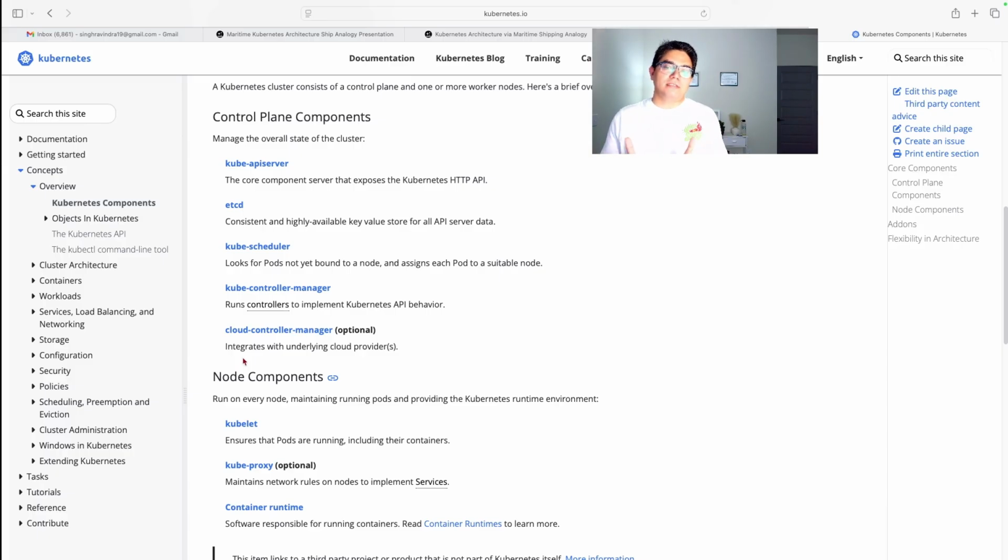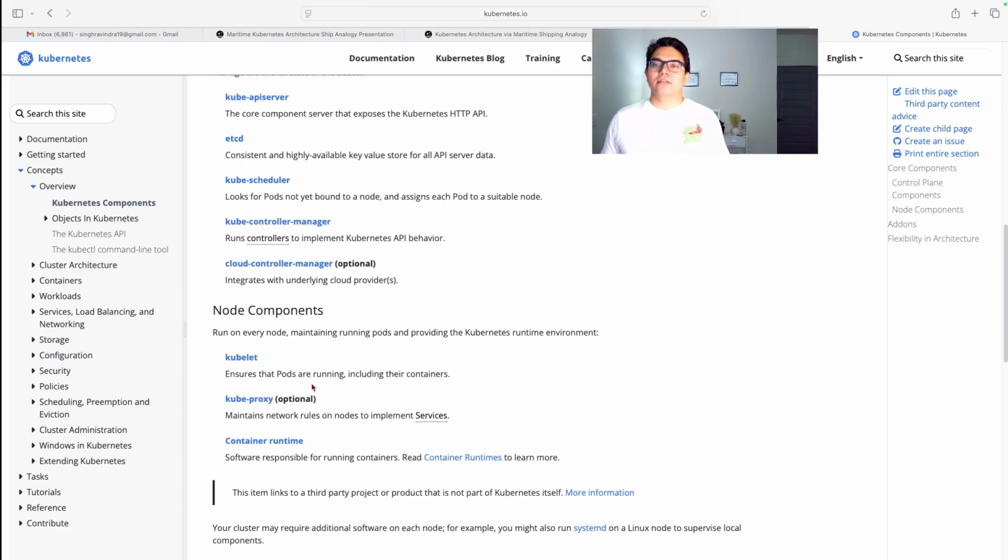It's like a database that holds every information about your Kubernetes cluster. Kube scheduler looks for pods which are not yet bound to a node and assigns those pods to a suitable node. Kube controller manager runs controllers to implement Kubernetes API behavior.